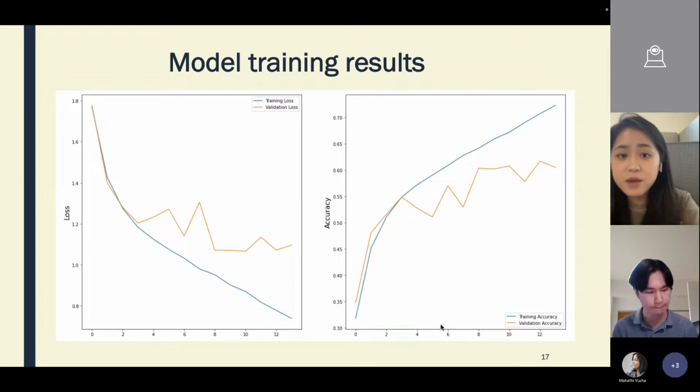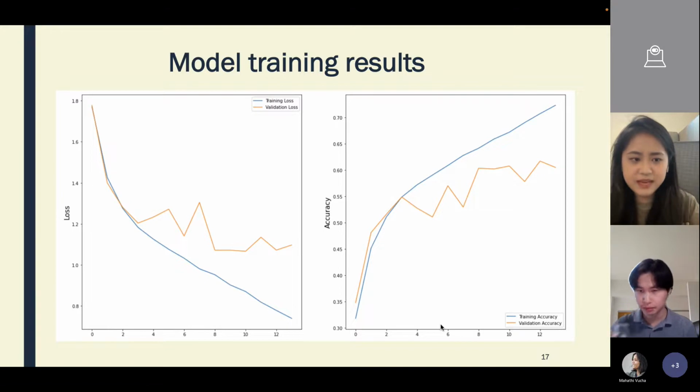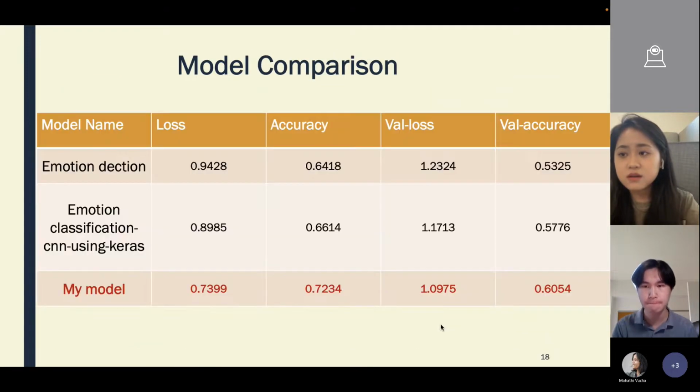So this is my model training result. The blue one is the training and the orange one is the validation. We can find that over time, the loss was reduced and the accuracy was improved. Among the 58 people who submitted, I chose 2 of them with high ticks in a year to compare with my model. We can find that my model accuracy is 62% and the validation accuracy is 16%. So maybe for this dataset, my training is enough.